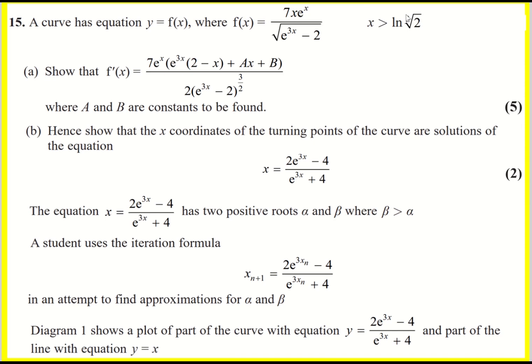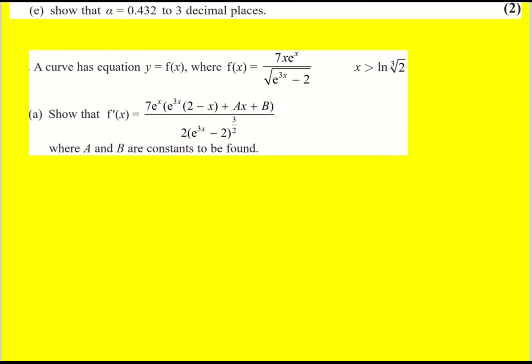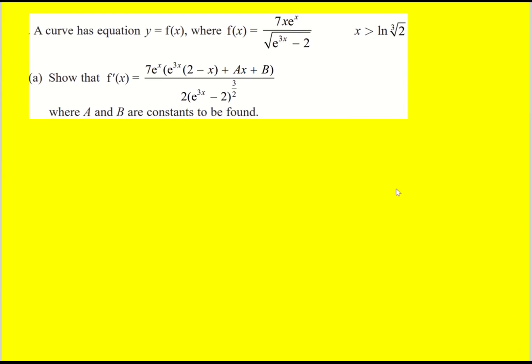So we're then asked to differentiate this function essentially, but write it in a very specific way. Okay, I'm going to do it down here. I need a bit of room. Let's do this. I'm going to use the quotient rule. I've got u divided by v, and the quotient rule is u dash v minus u v dash